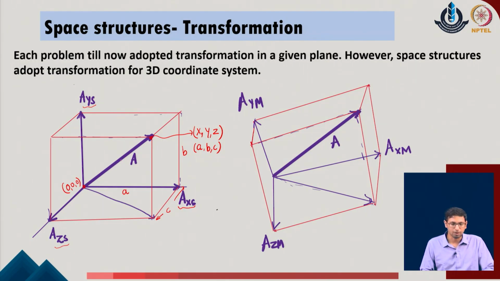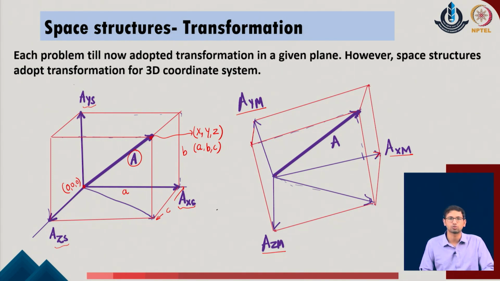Now, for the same member, I am not changing the member, but for the same member I am now coming up with a different coordinate system which is aligned in such a manner that this is the structural axis, say for the member, this is the x axis for the member, this is say the y axis for the member coordinate, and this is say the z axis for the member coordinate. Even I did not necessarily take the member axis x along the length of the member.